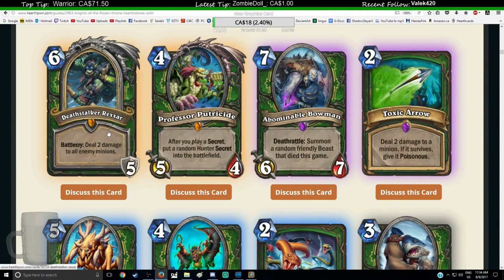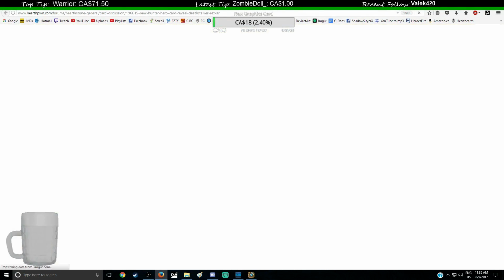Now, we didn't get to see this in the reveal stream, the Deathstalker Rexar, and I was crossing my fingers that Kibler would be playing as the Hunter, but he wasn't. He was playing against the Hunter, and he crushed the Hunter. Hopefully that's not what's going to always happen to Hunter. 6 mana, Deathstalker Rexar. Battlecry is basically Consecrate. It is Consecrate. And 5 armor. But his hero power...